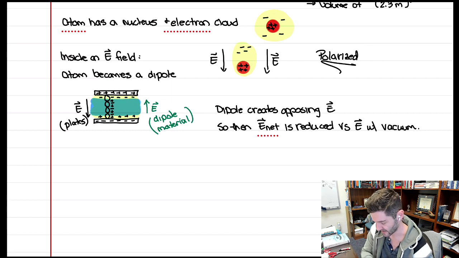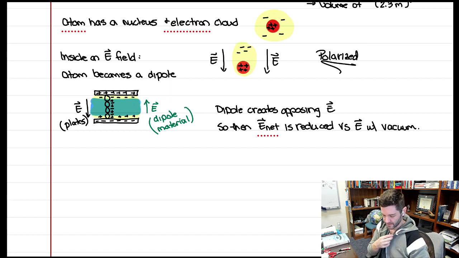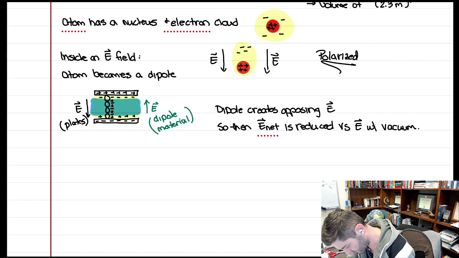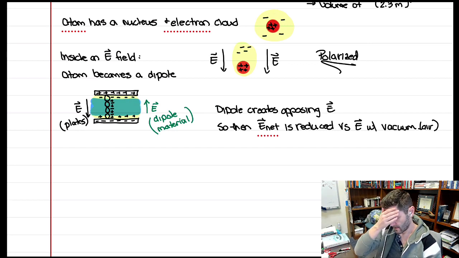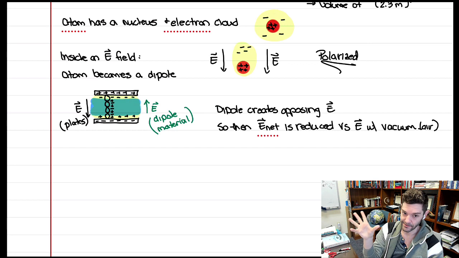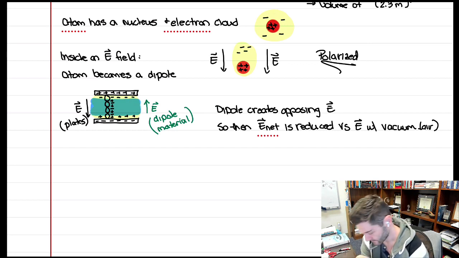Again, this could still happen with air too, but we'll compare it to, say, air or vacuum. So the overall electric field gets reduced. Now, that doesn't seem like it's working in the right direction. We want to make the electric field as strong as possible. But